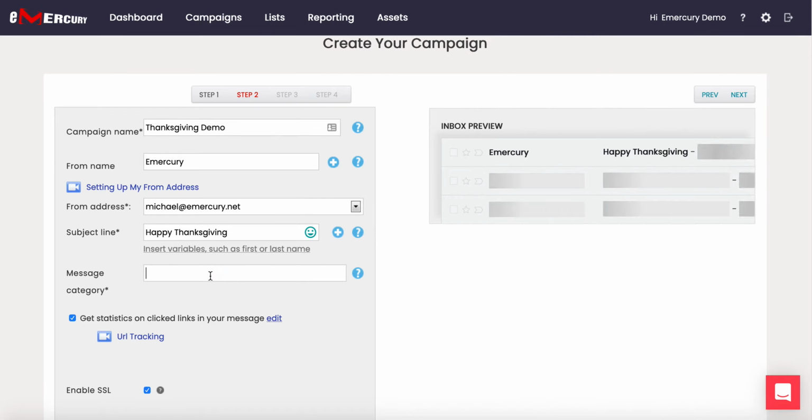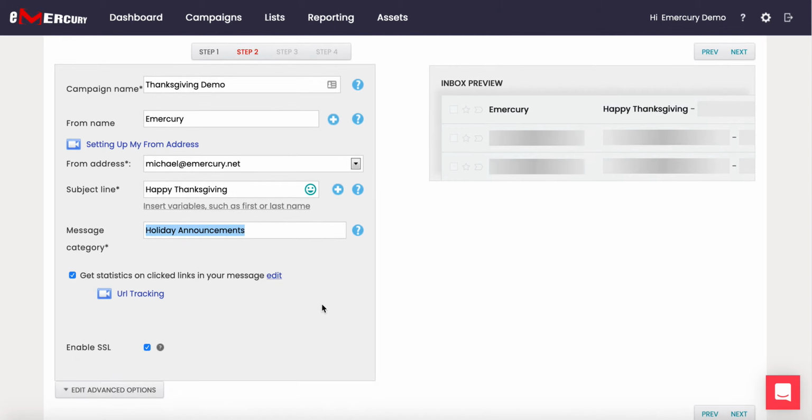Here, you're going to type in your message category. In this case, it was holiday. Once you start typing, it auto fills. You'll notice these icons here that give you a little bit of an understanding of what to do here. You'll also notice these plus signs. This gives you the opportunity to add multiple from names and multiple subject lines. And then lastly, we have